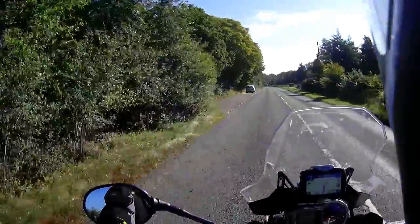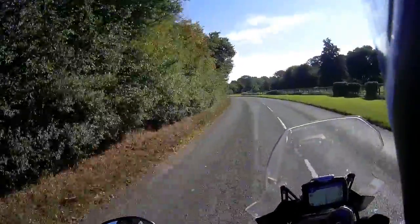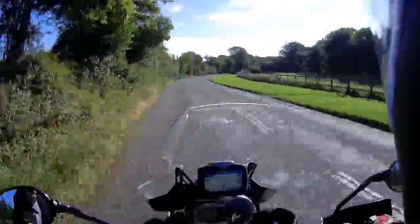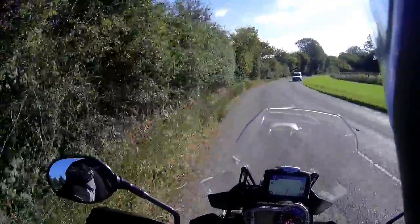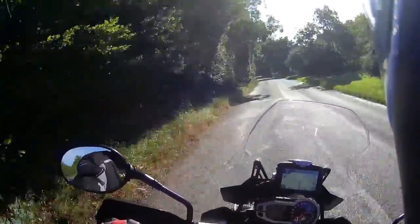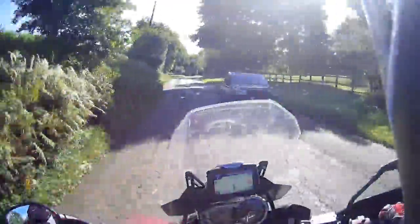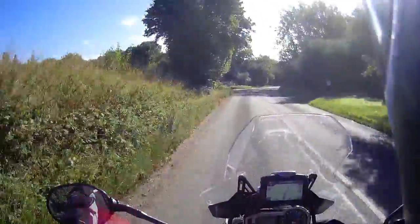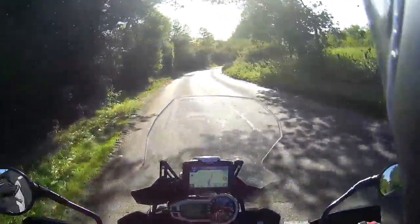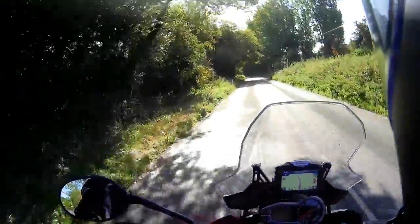But the main thing I want to just touch on with it is how well it stood up to weather, because this thing only cost me about 100 quid when it was brand new, so you probably wouldn't expect too much of it. I've been out in the rain in it before and never had an issue, but the last 2 days particularly,